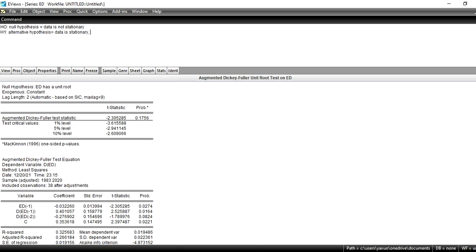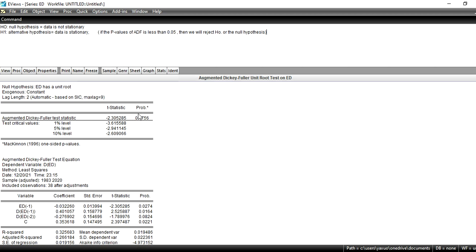Let me write here: if the p-value of the ADF, augmented Dickey-Fuller test, is less than 0.05, then we will reject H naught, or the null hypothesis. As you can see, our results show that the probability value of the augmented Dickey-Fuller test